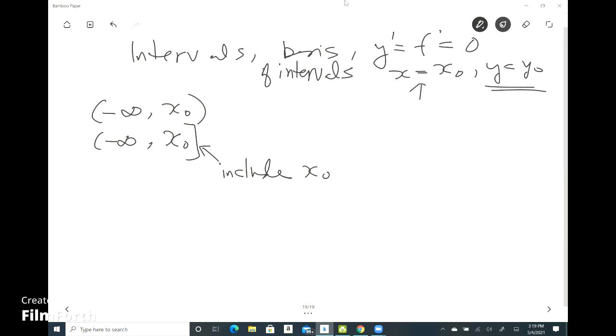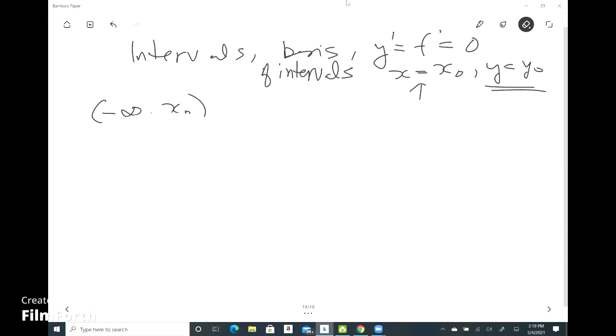If it's the normal round bracket, that means exclude x0. Okay, so clear now? So the interval that we're talking about would be that kind of interval. If you go back to the graph,